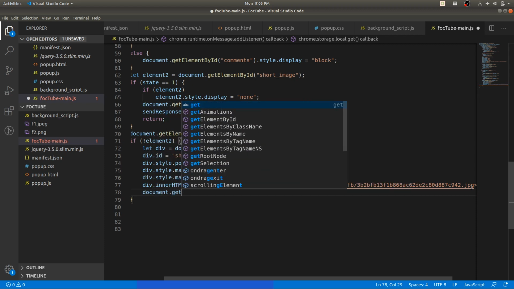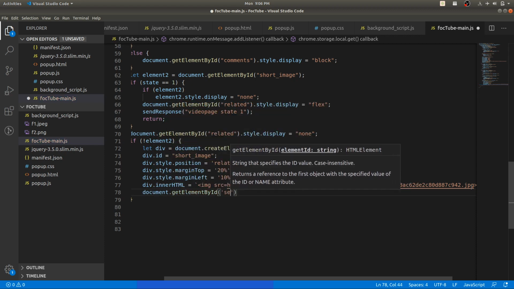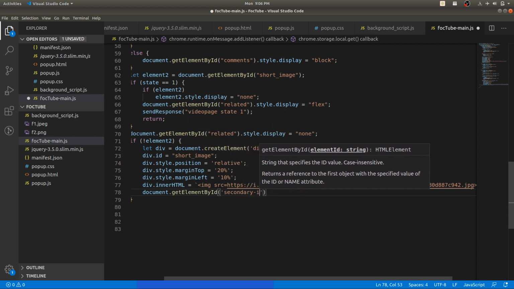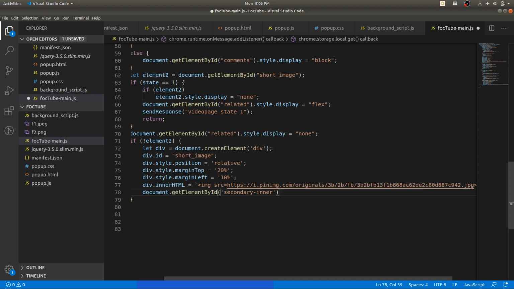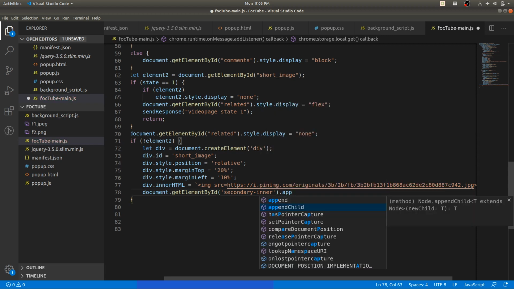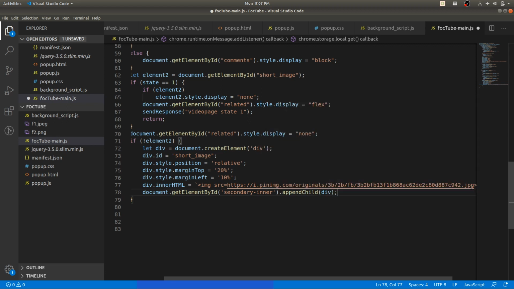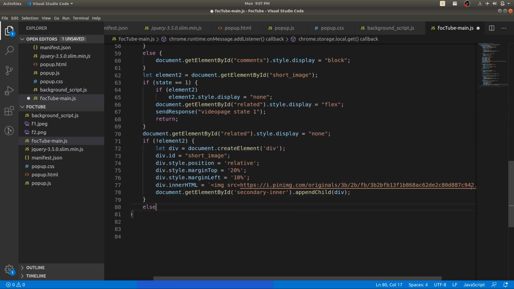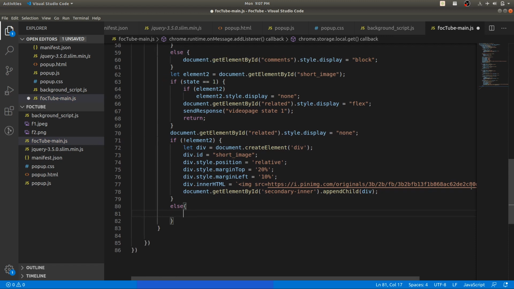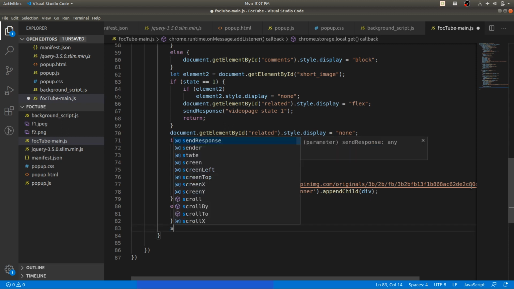Now what we can do, we can append that. Here we are not appending to the body. Instead of that, we are appending to the secondary inner, which is the above div, because if we append to the body, what will happen if you full screen the video, that image will not get vanished.